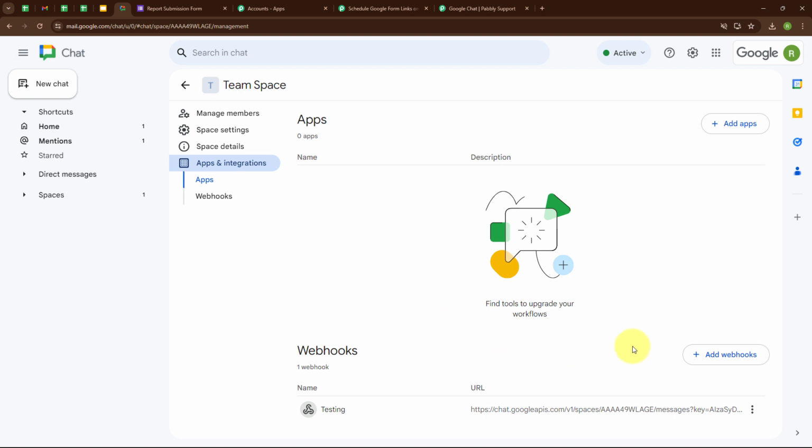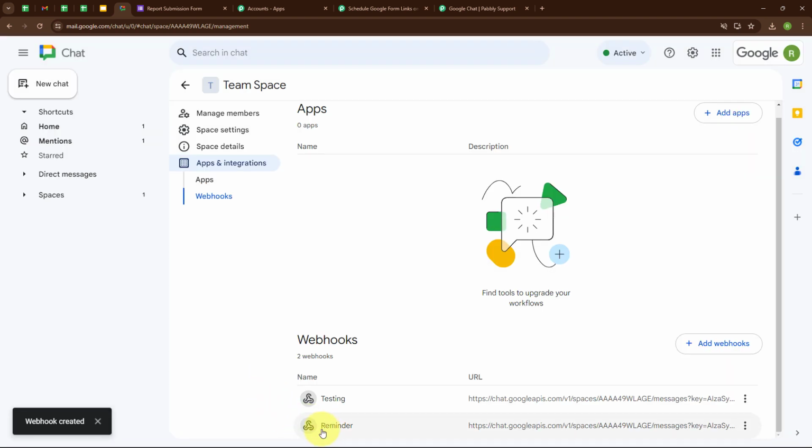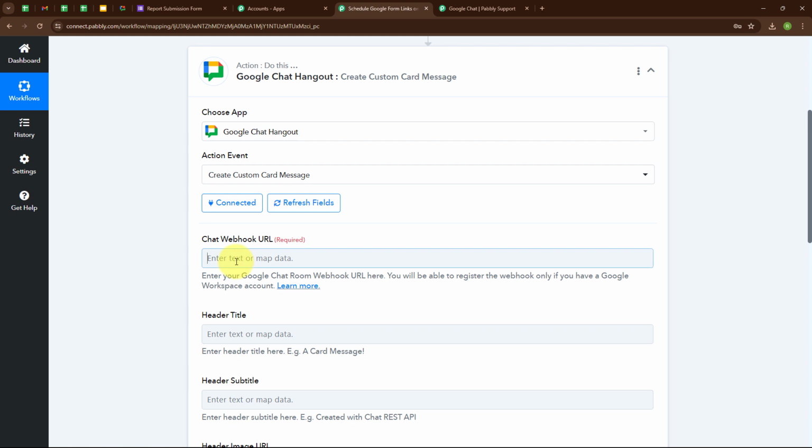Now under apps and integration, I'm going to click on add webhooks and give a name to my webhook, that is reminder, and then click on save. And here you can see we have successfully created a webhook with the name reminder. So here I'm going to copy this webhook back to our Pabbly window